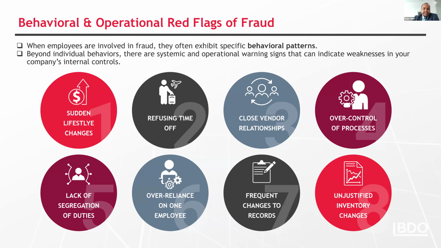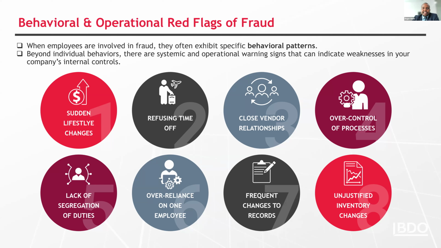The third one for operational red flags is frequent adjustments or changes to records. So if we find that there's an employee who's frequently adjusting financial records, inventory counts, or supplier details without clear explanations, usually after a stock count or after being questioned during internal audits, and so on, this can indicate that there's fraud. If there are consistent changes, especially ones that don't have solid documentation or justification, it can be a sign that someone is trying to cover their tracks.